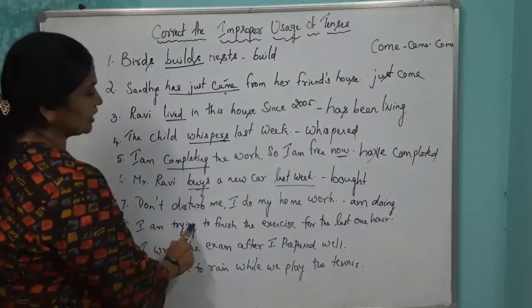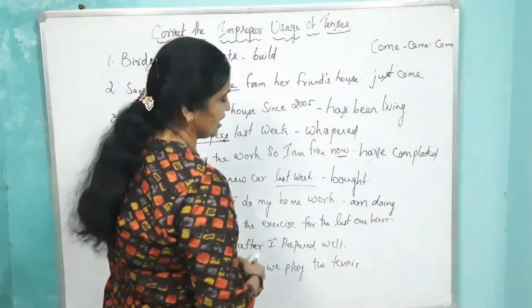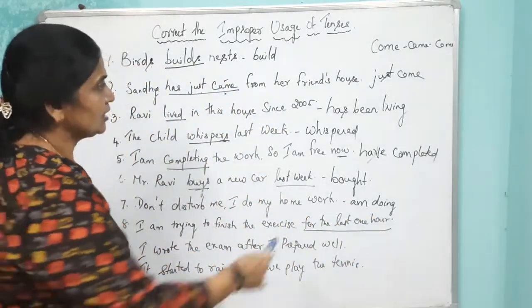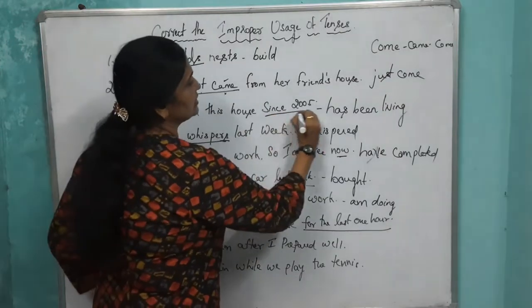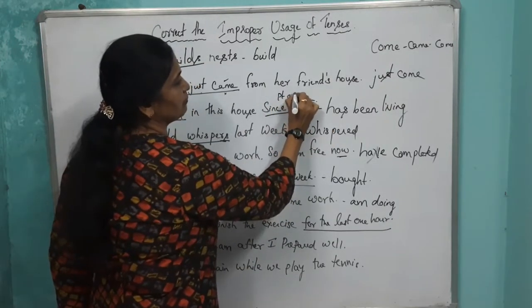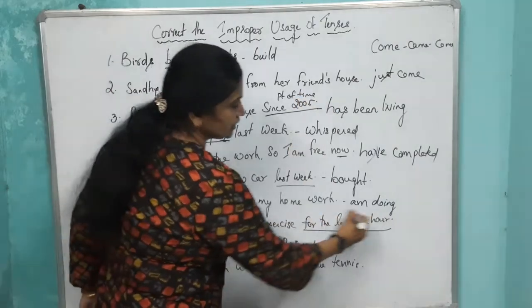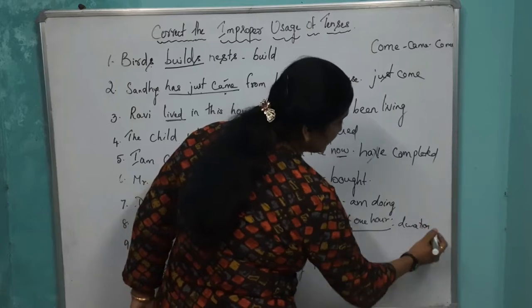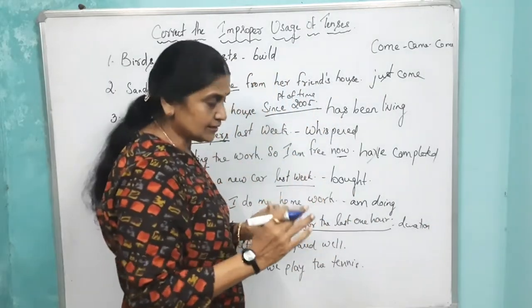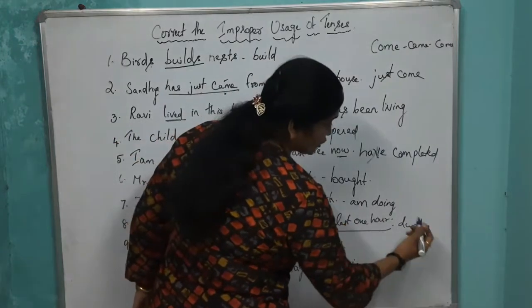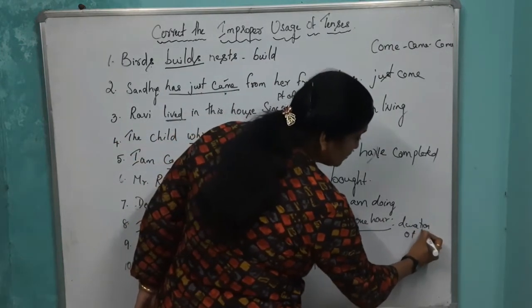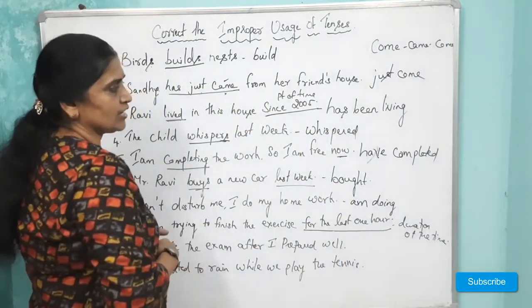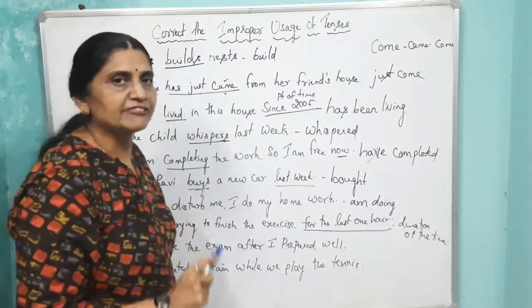Next sentence, I am trying to finish the exercise for the last 1 hour. For the last 1 hour indicates time, duration of the time. Now see here, since 2005, since is point of time. Now, for the last 1 hour, it is a duration. It doesn't say when the work started, 4 o'clock or 5 o'clock. It says for the last week, for the last 1 hour. So it is the duration of the time. So whenever you get the duration of the time or point of time, you have to use present perfect continuous